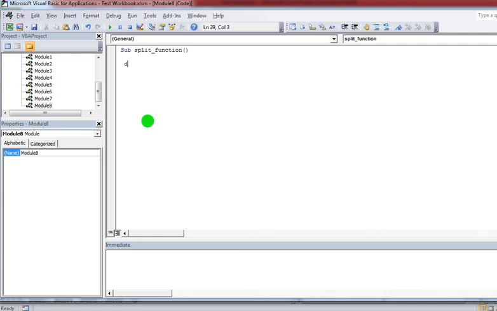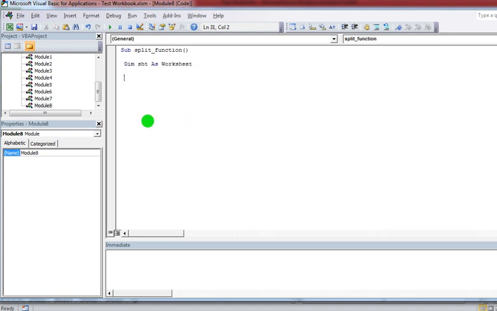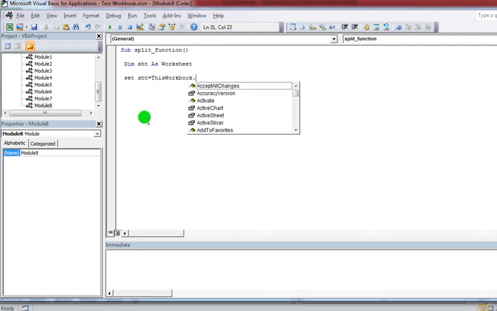So for this I'm declaring one variable, sst, as a worksheet. Now I'm setting this variable to the worksheet, so here I'm giving the sheet name where my input exists.